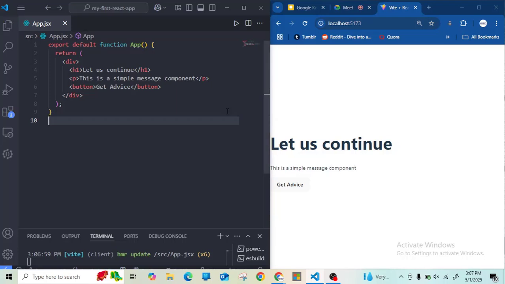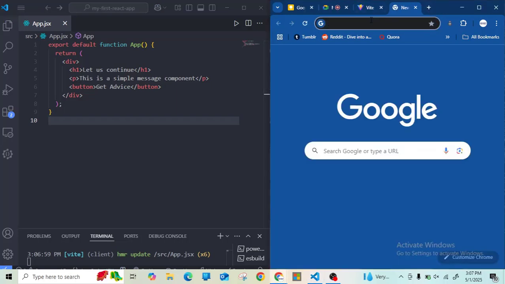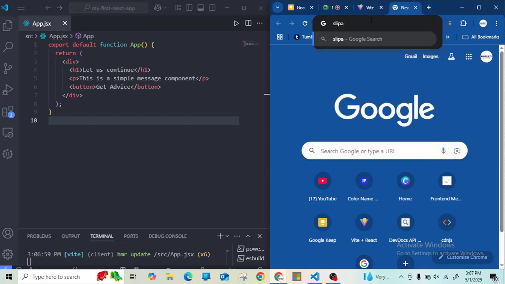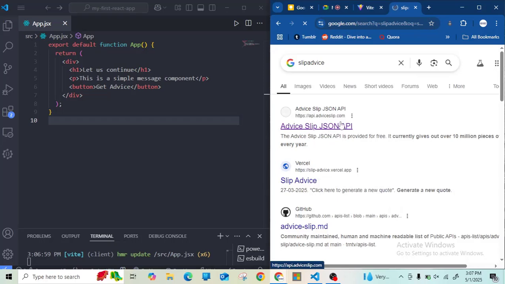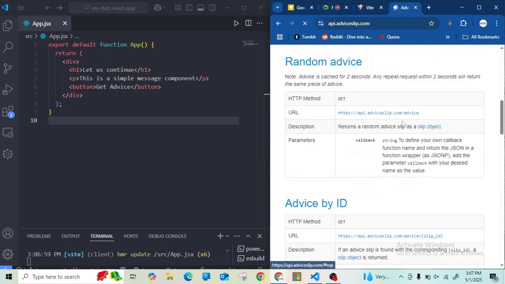Okay, so what we are going to start from today is we're going to pull some data from this sleep advice. Yeah, I think that's the URL. Sleep advice, yes. Sleep advice is an API that we are going to use,